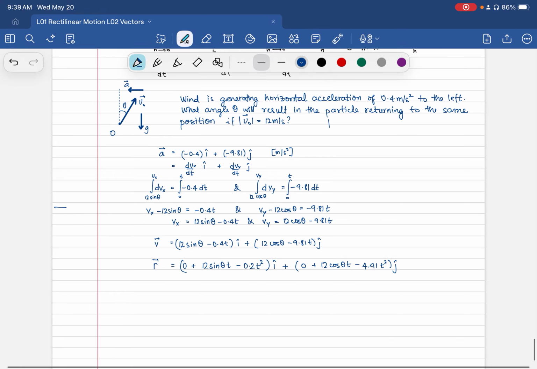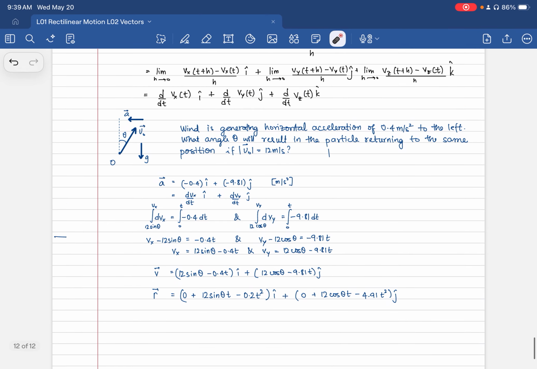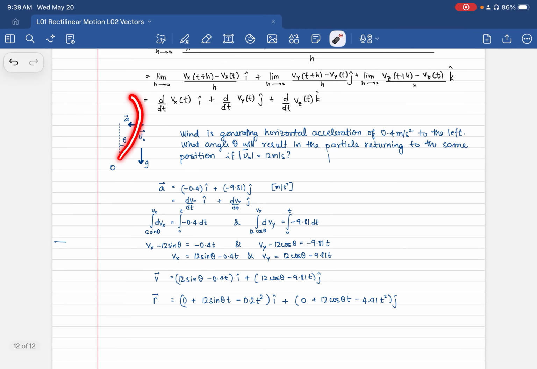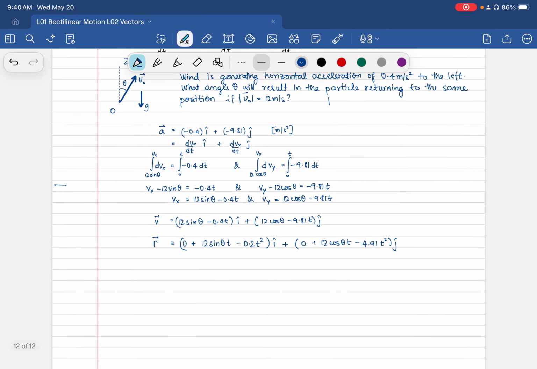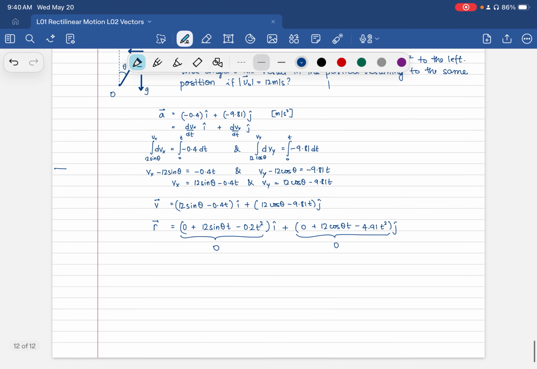Okay, so now you have the position of the particle at any time. So it's going to be something like this. And there's one component due to acceleration, there's one component due to gravity. They're looking for something where your particle moves in this manner, right? It has to come back to this. So what does that mean to say it comes back to the origin? At the time of interest, this here would be 0 and this here would be 0. So you have two relations. First, 12 sine theta t minus 0.2 t squared is equal to 0,